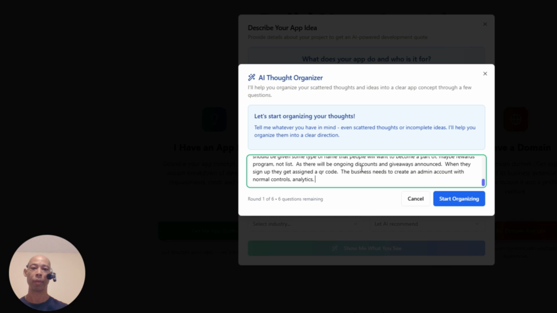Also, there will be a public space in the dashboard, public space. Will be a bulletin, I guess, and/or somewhere to post